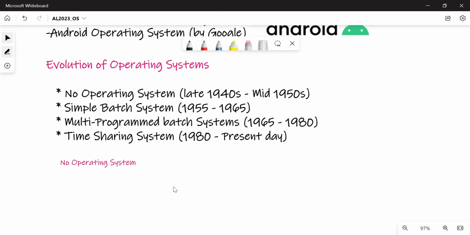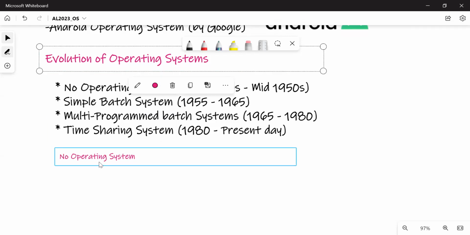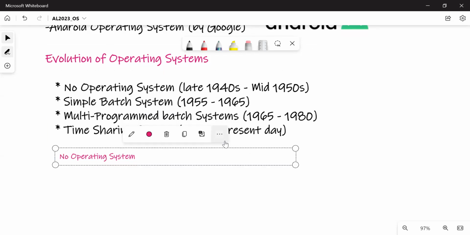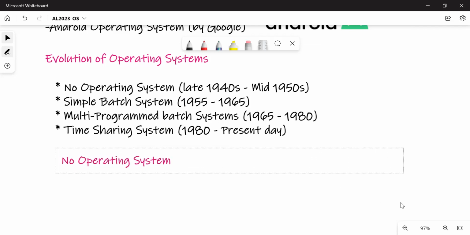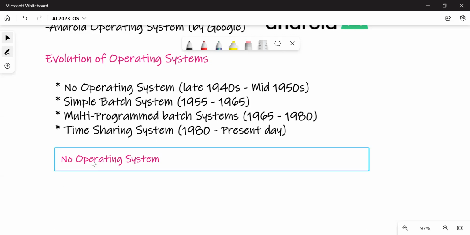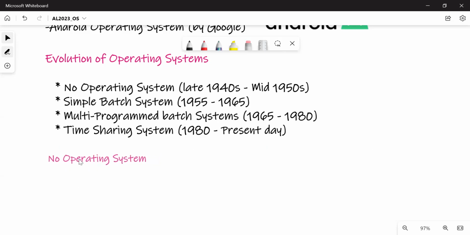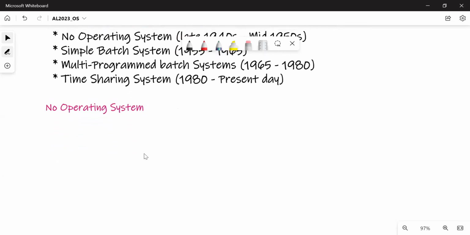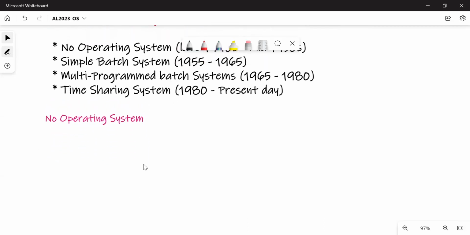In those early days, there was no software in the beginning.